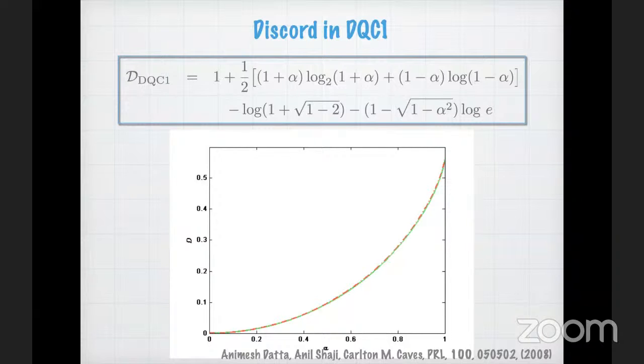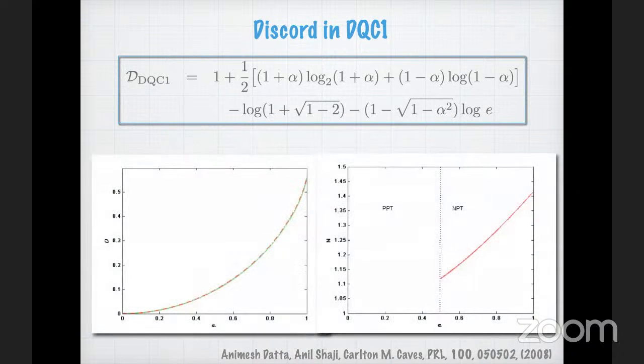So this is a summary of that result, where there is a comparison between the entanglement between the top qubit and the remaining ones as a function of the purity of the top qubit, and on the left side is a graph of the discord. And you see that the entanglement sort of suddenly drops off the picture at